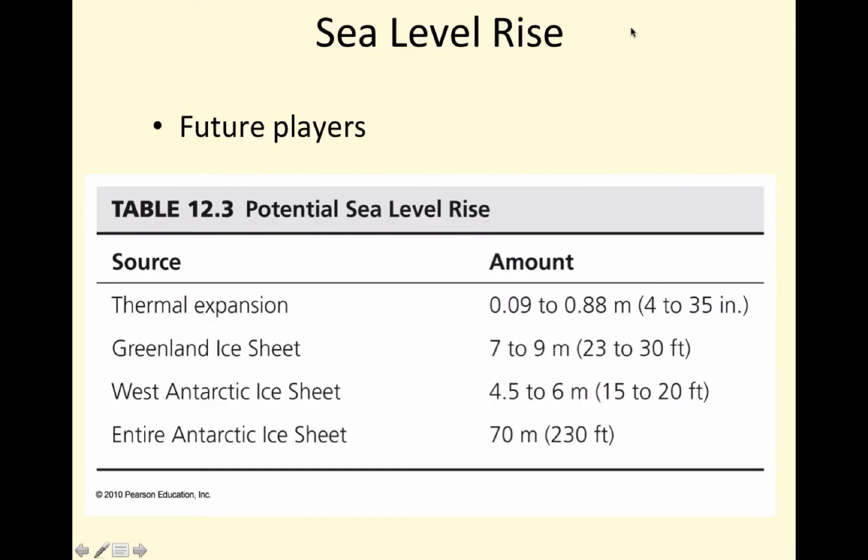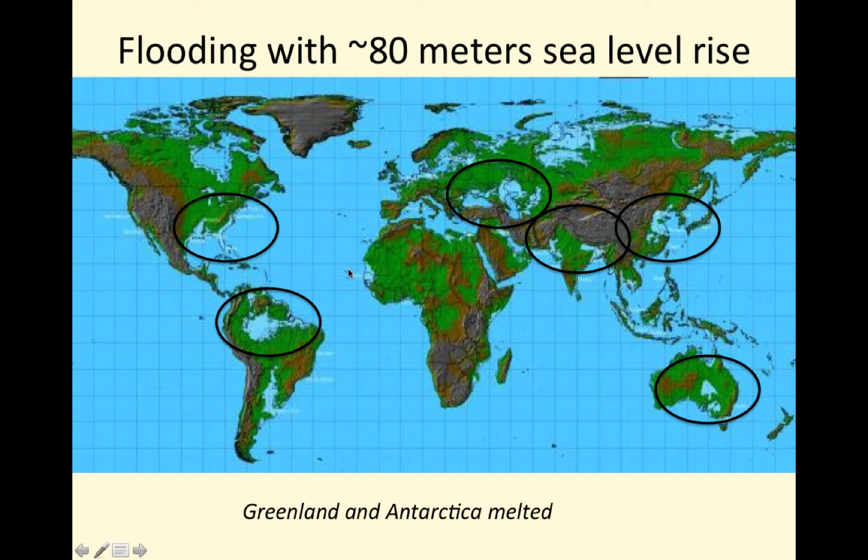This graph looks at potential problems in the future, looking at the Greenland ice sheet. If you melted that, it would raise sea levels 8 meters, West Antarctica 6 meters, East Antarctica is about 65. The combination of west and east is about 70 meters total. Thermal expansion, warming the water, it takes up more volume, so it could increase sea levels by up to about 3 feet. Here's looking at a scenario, flooding, basically melting the entirety of all our ice caps and seeing what